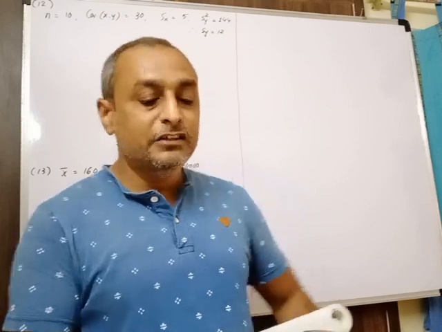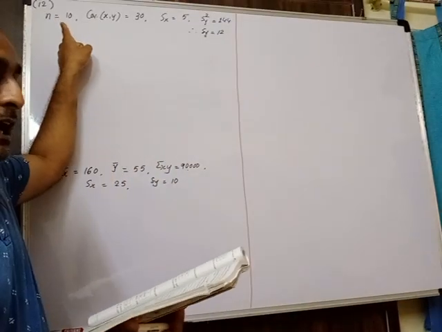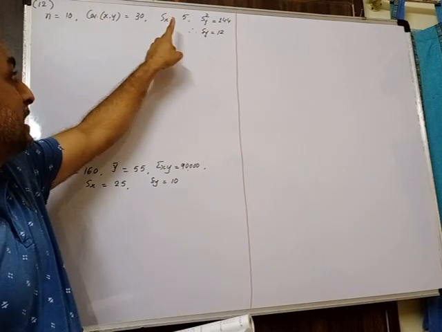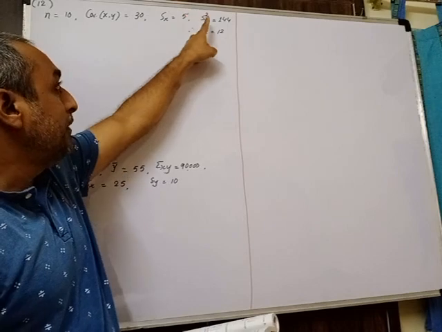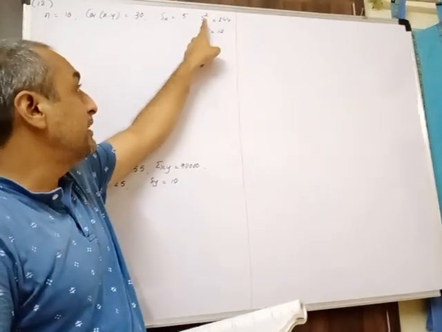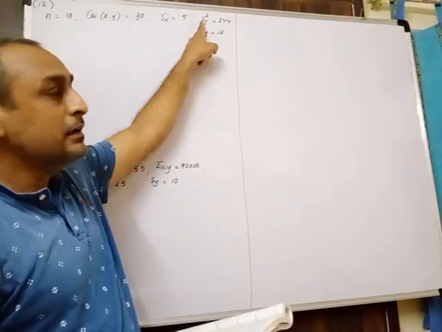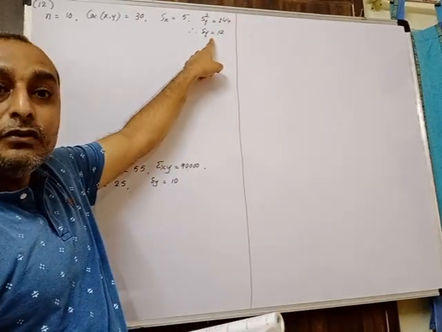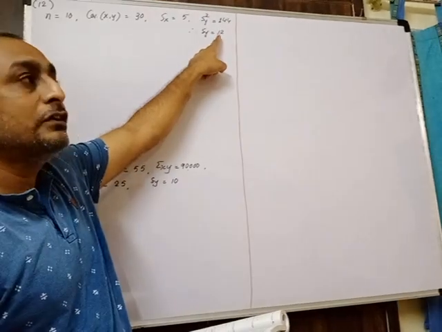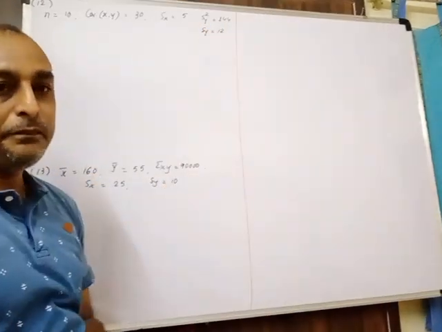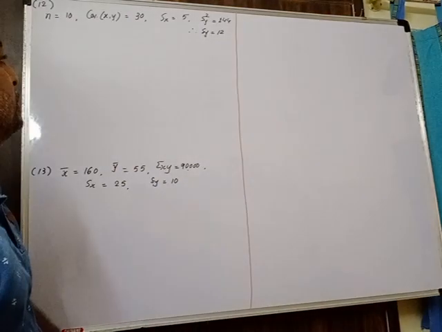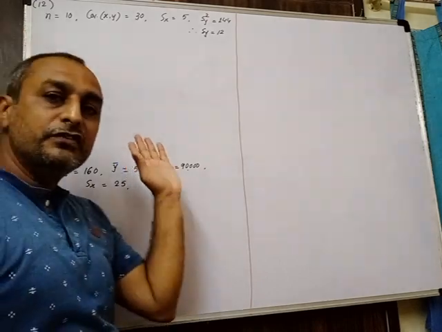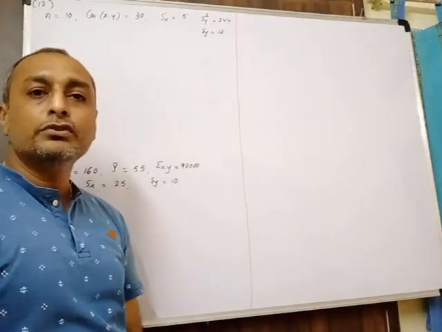Then the information is provided that I have written over here. See, n is equal to 10, covariance of xy is 30, then standard deviation of x is given 5, and variance of y, variance of y means s square y, is given 144. We need standard deviation, so its square root will be the standard deviation. So sy is equal to square root of 144, 12. So this is the given information. According to this we have to decide which formula is applicable over here, and with the help of this formula we'll try to calculate correlation coefficient r.